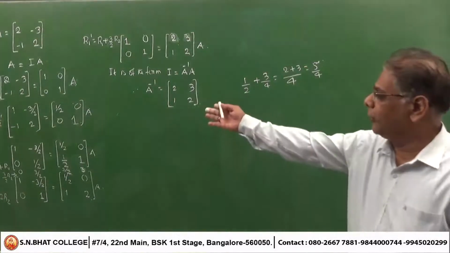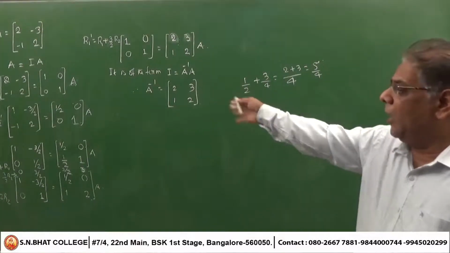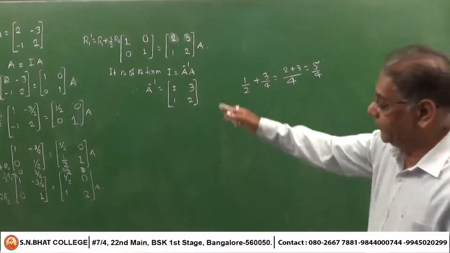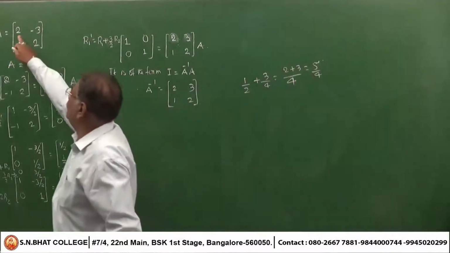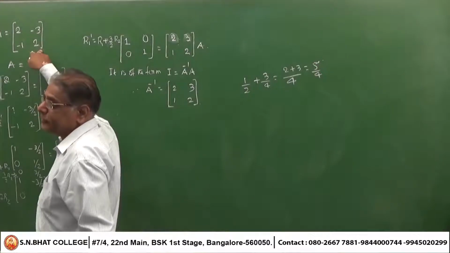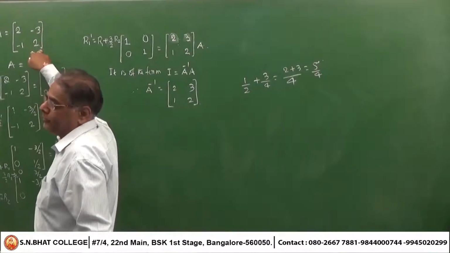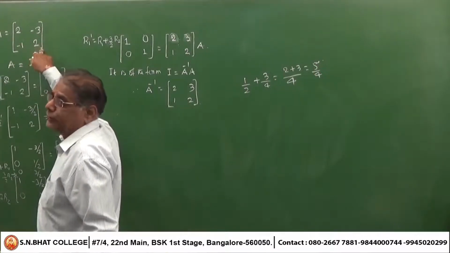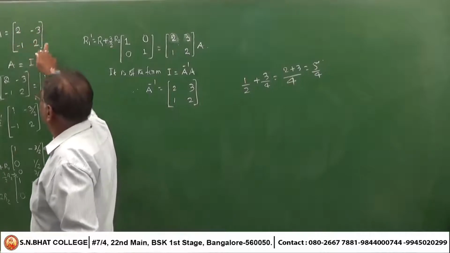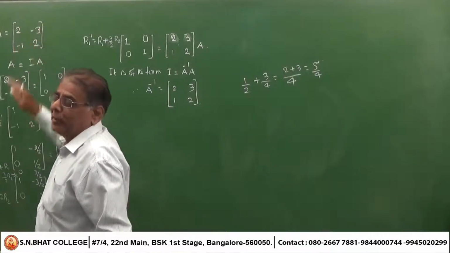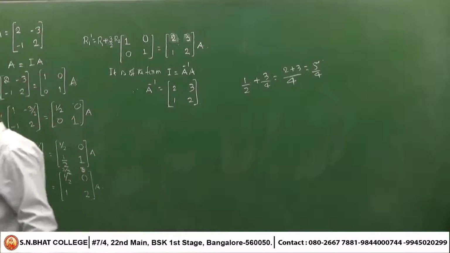See, I have done 4 or 5 problems based on this one. All the problems are like this. In the examination, they will ask only a 2 cross 2 matrix. In the textbook, a 3 cross 3 problem is not given, but it is not so important. In the examination, for 3 marks, the question will be of a 2 cross 2 matrix.